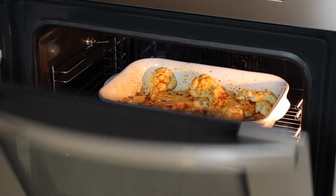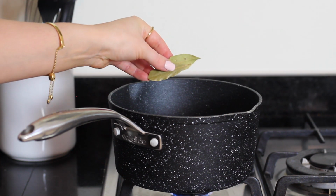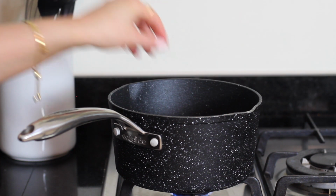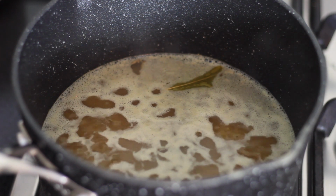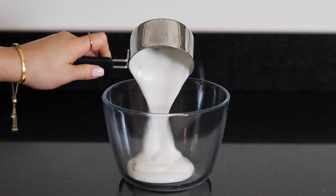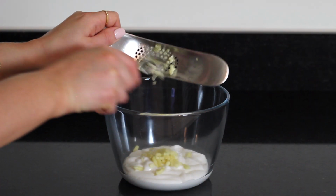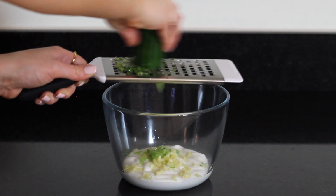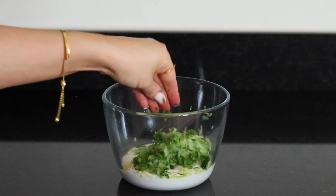Meanwhile, I added some rinsed brown rice to some vegan stock in a pan, and for more flavour I added in a couple of bay leaves. I then brought that up to a boil and left it to cook for around 25 minutes. Meanwhile, I added 1 cup of KoKo dairy-free coconut yogurt to a bowl with 3 minced cloves of garlic. I grated in a quarter of a cucumber and added in a bunch of chopped fresh mint and stirred it